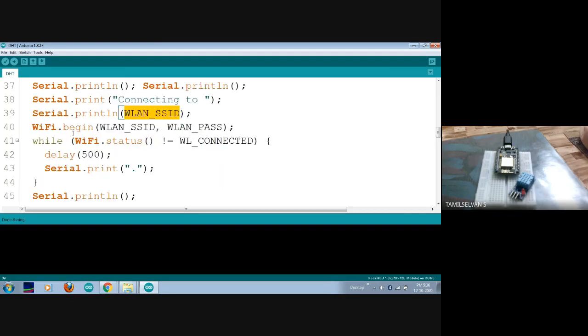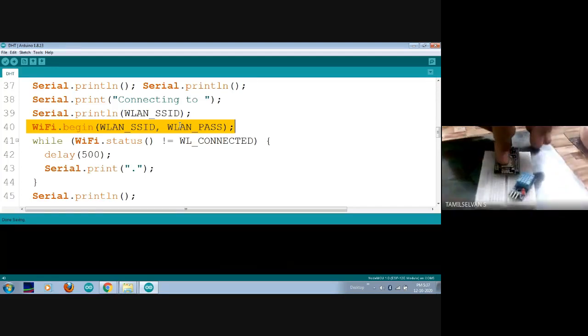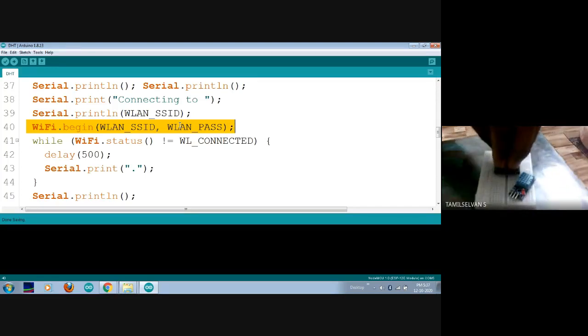Okay. Next one is WiFi.begin, and this particular function is the most important function through which my IoT controller, that is this particular NodeMCU, will be communicating to the mobile phone. Okay, so to the mobile phone, and it will access my mobile phone's internet. Or otherwise we can have a Wi-Fi router, and through that Wi-Fi router it will establish a communication.